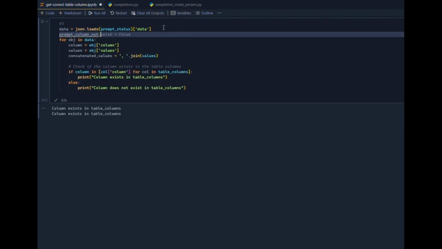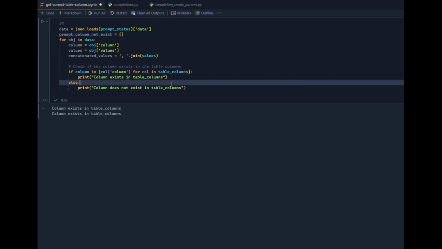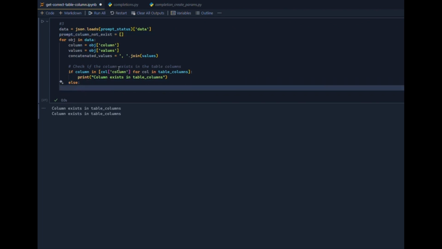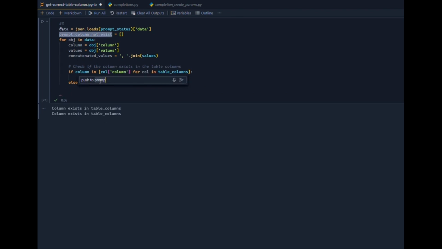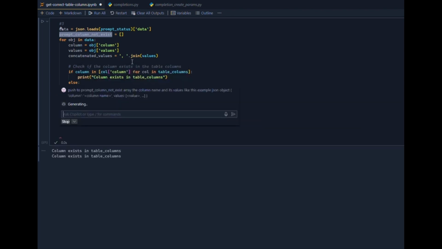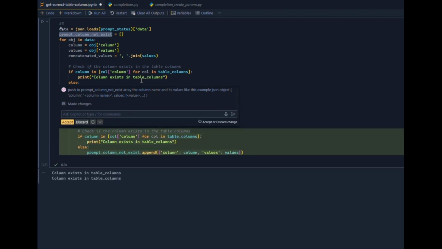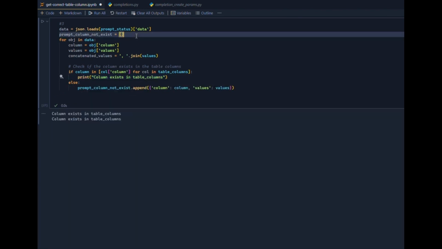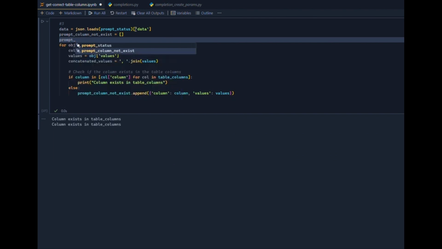Now let's make a variable that holds the columns from our prompt that do not exist in our table. Then let's add those columns in this else statement. I will ask our coding assistant to generate code to push that non-existent column with a specified JSON object template. Now that we have a function to store our non-existent columns, the next thing to do is to check if